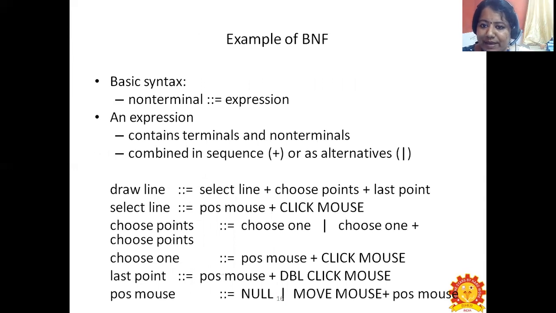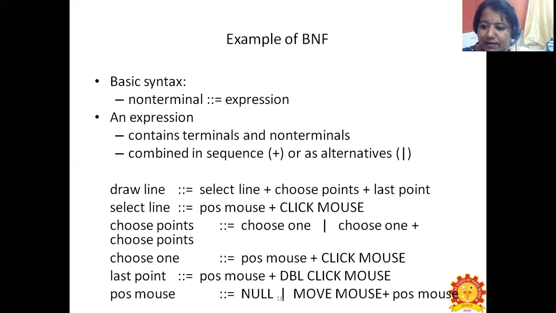The basic syntax of BNF is: non-terminal double colon equals expression. The expression contains both terminals and non-terminals. It is combined in a sequence with plus, or as an alternative with the pipe symbol. For example, draw line ::= select line + choose points + last point.